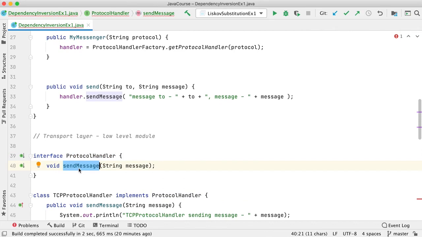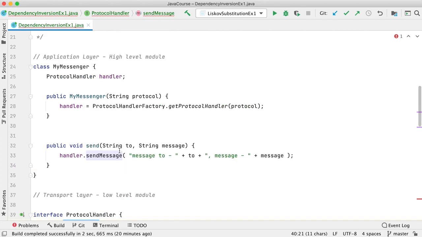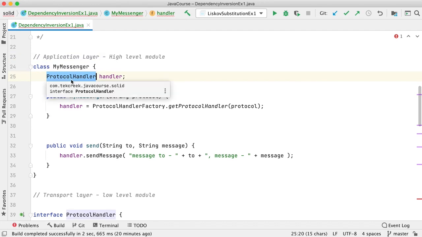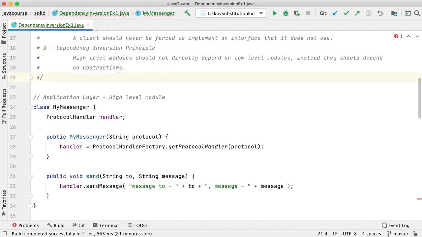Which protocol handler to use can be decided based on the actual protocol. So now compare the previous one and the present one. The high level module is not directly dependent on the low level module. It's only dependent on the abstraction. Now this is an example of the dependency inversion principle.